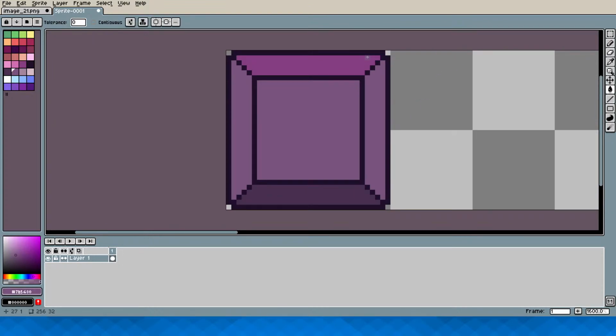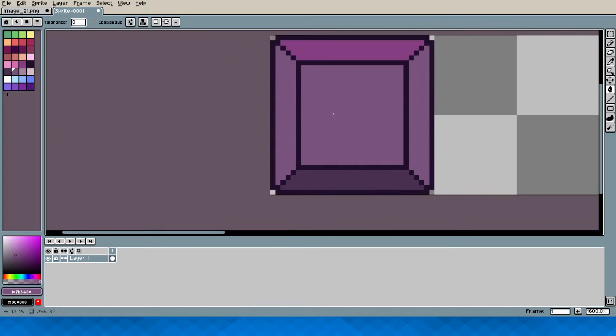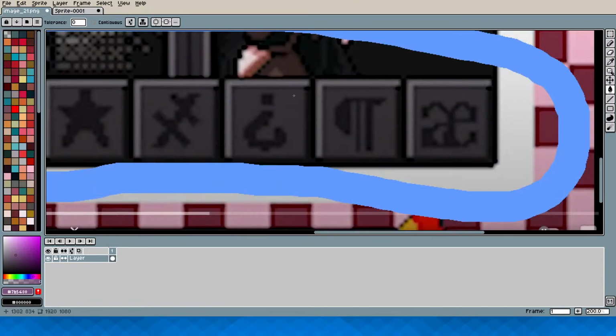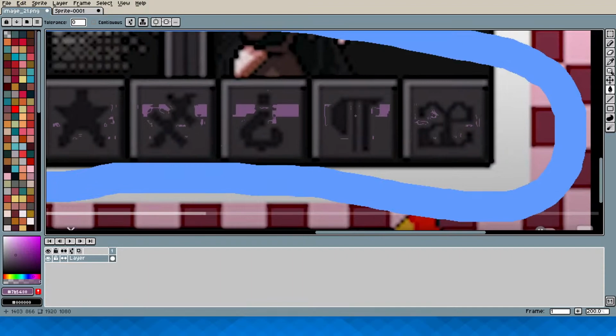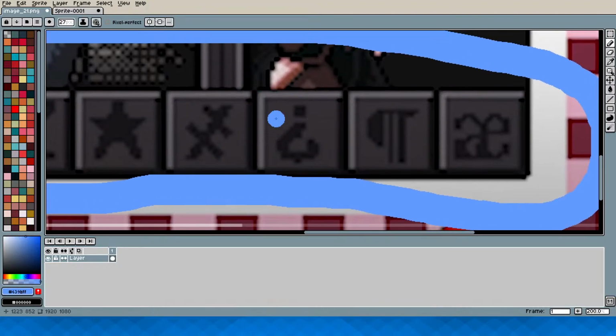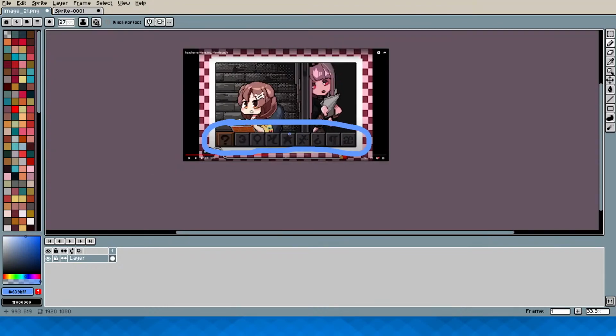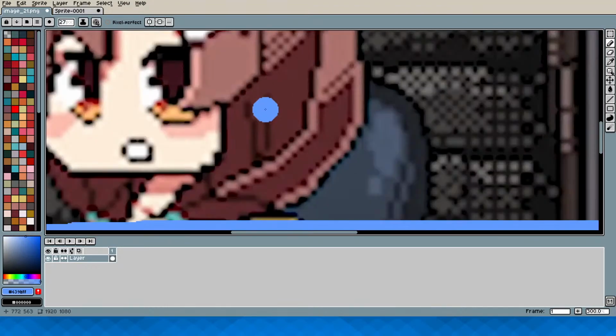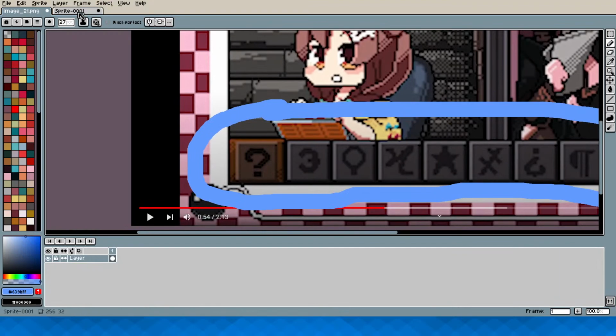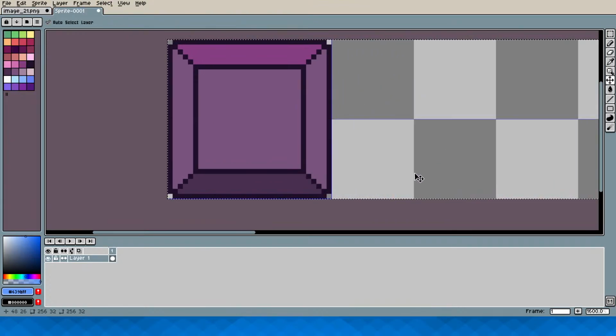Should have just added that. I'm stupid. Alright. This is a good temporary replacement for this button-looking thing. The keypad button. And now I should just copy and paste this a few times.